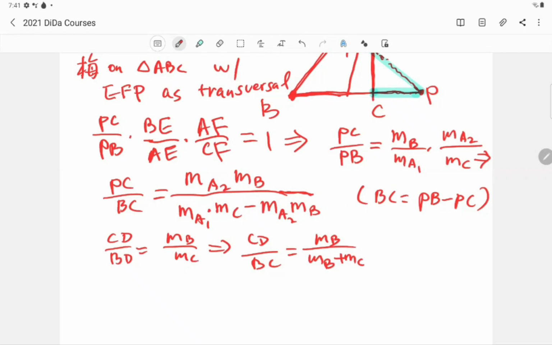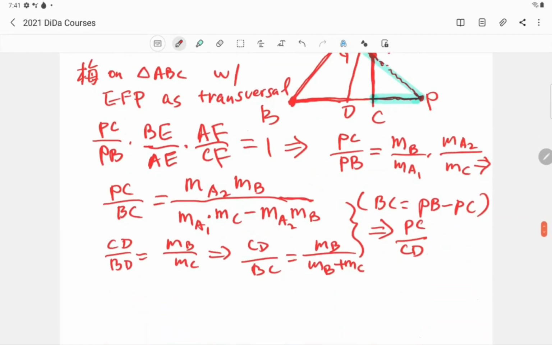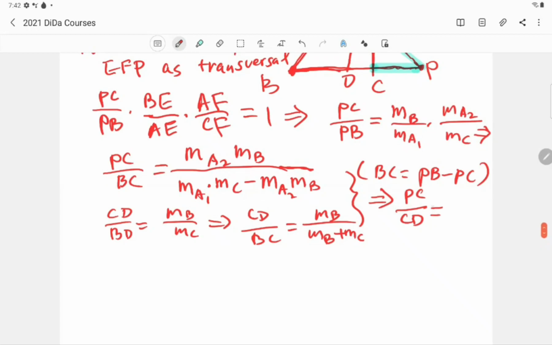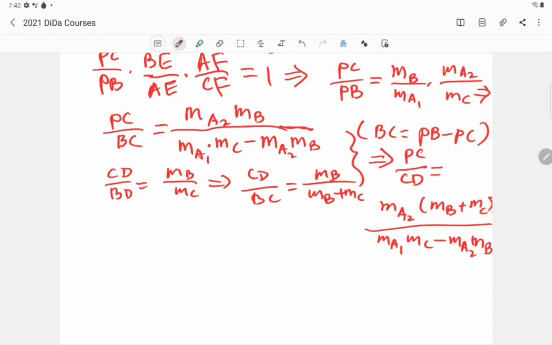So these two together give me the ratio of PC over CD. And D is missing here. It's kind of messy, but it's just mechanical algebraic manipulation, over MA1 MC minus MA2 MB, and from here